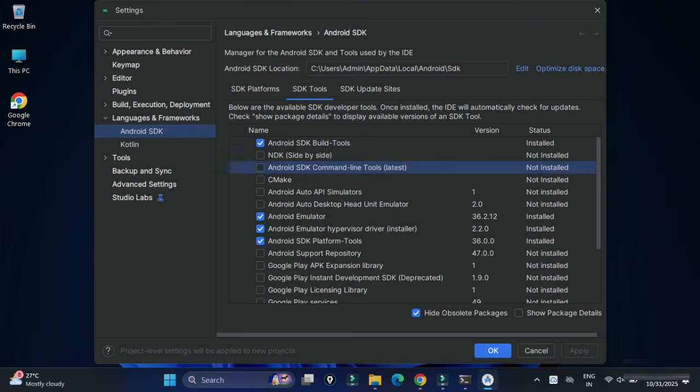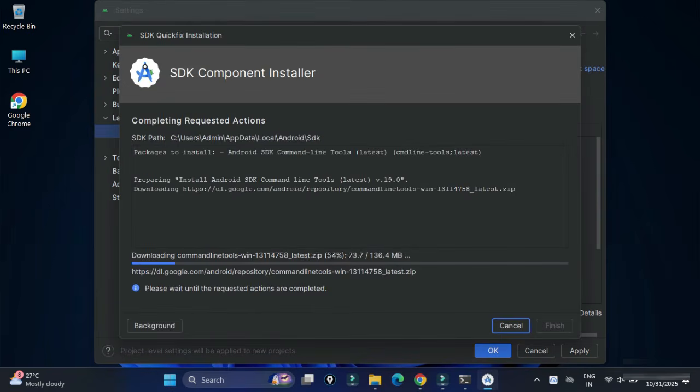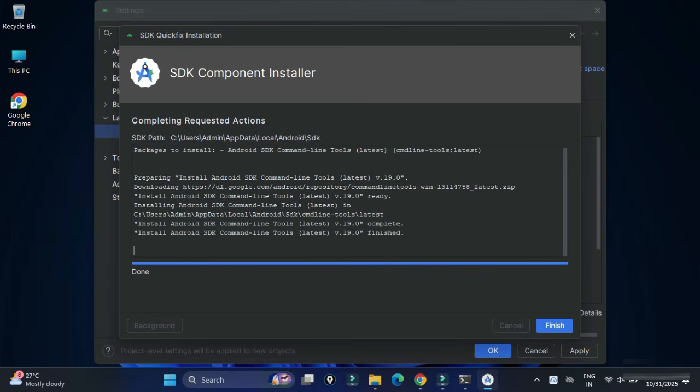Okay, so in SDK Tools, you can just go to that tab, and here you can see Android SDK Command-line Tools. Just select that and click on the OK button, and here it will show you that confirmation page. Yes, click on the OK button again. Right, so now the installation has been started, and guys, this is done. I'll just click on the Finish button. Okay, so command line tools is done. We'll check again through Doctor, so Flutter Doctor.